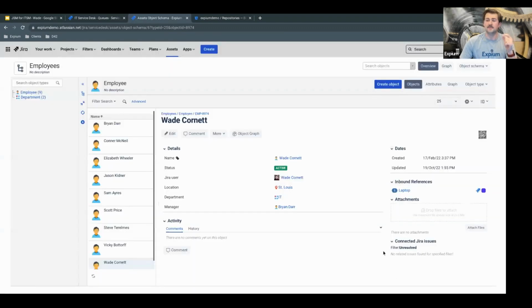So very, very cool. Using automation for Jira, we can automatically pull asset information and set relevant fields and update our asset objects. So if I come back to my ticket now,